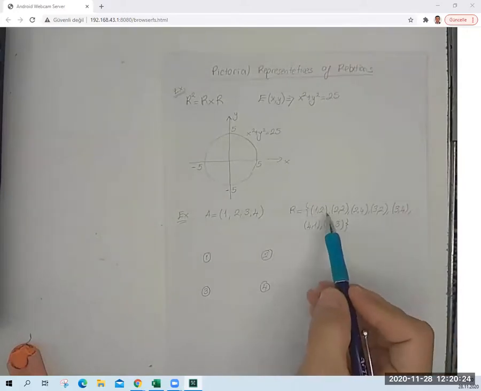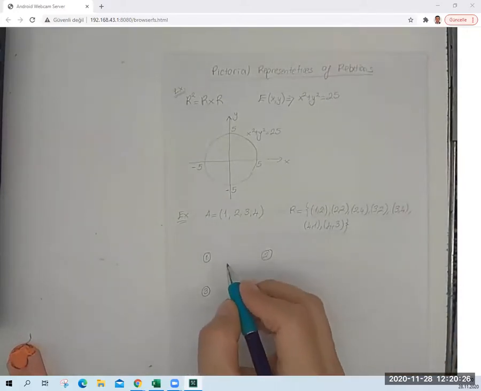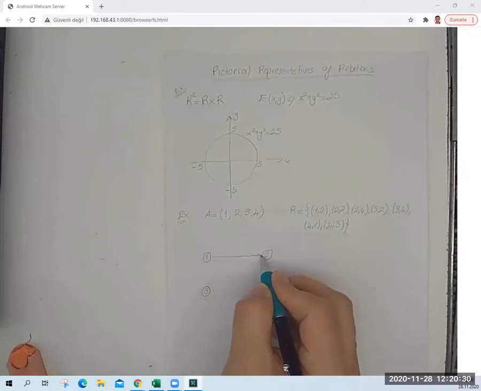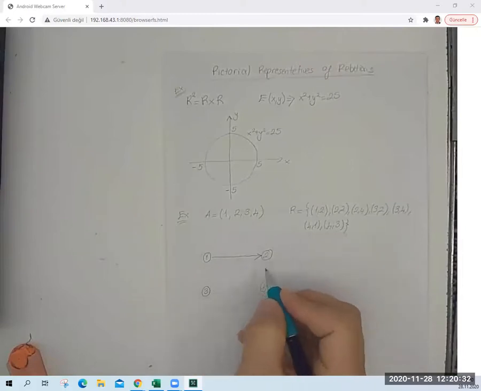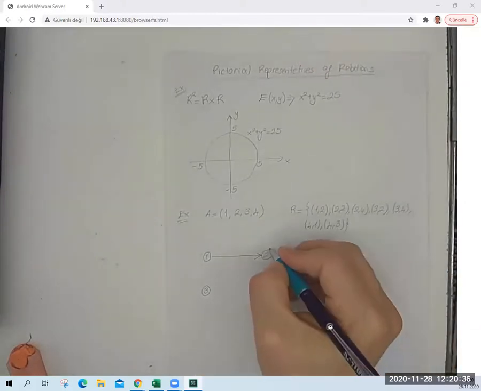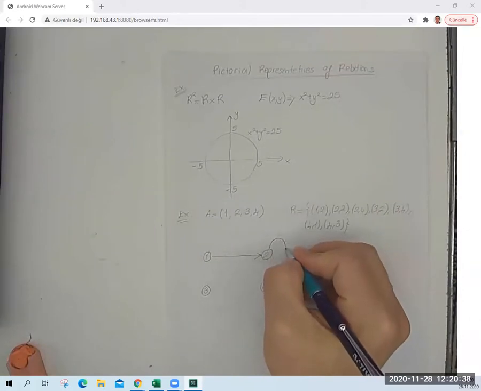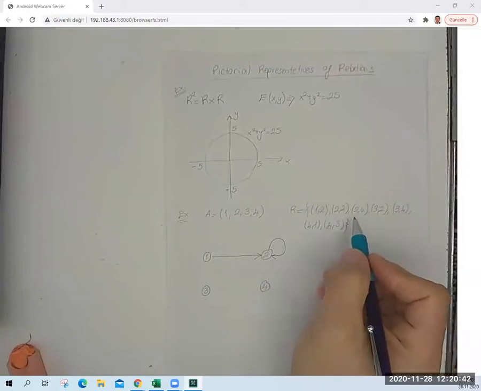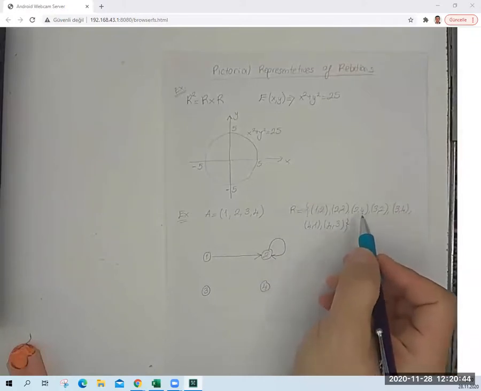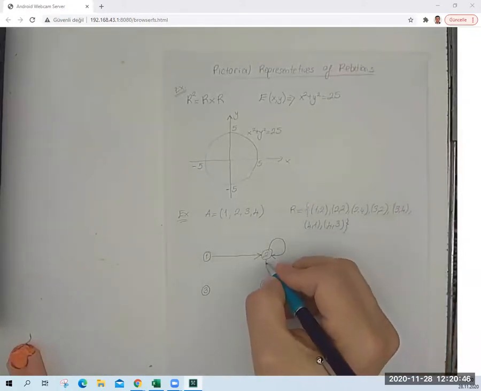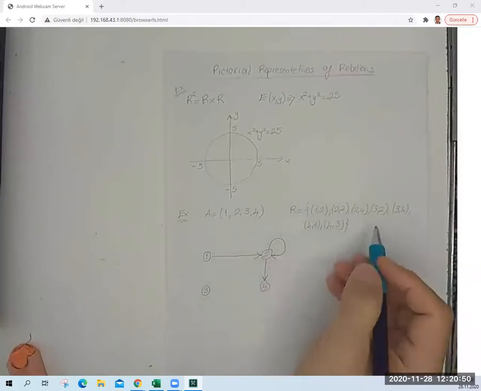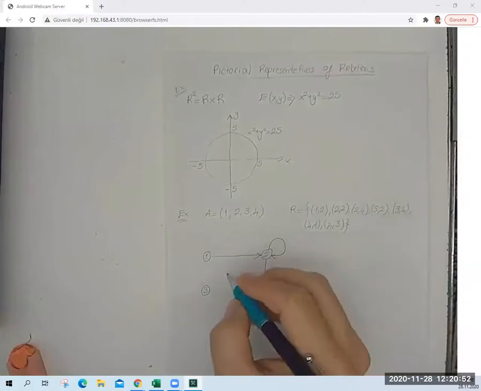Okay, first relation 1 to 2. This is the relation arrow from 1 to 2, directed from 1 to 2, and 2 to 2, this is the relation in pictorial form, 2 to 2 and 2, 4, and here is also one relation from 2 to 4 and 3 to 2